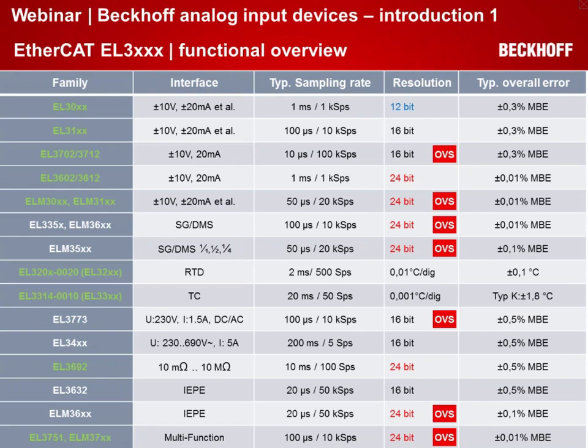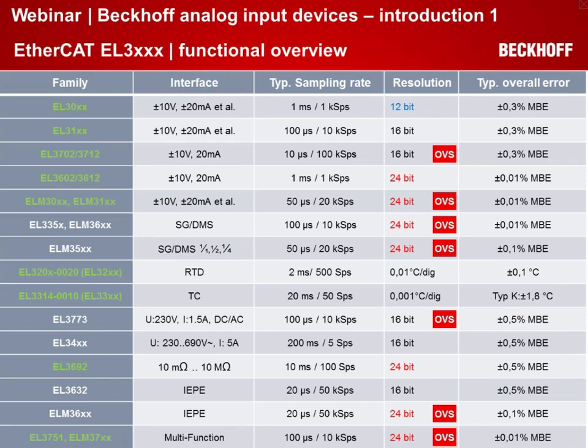Let's come to the next family here, EL3xxx for strain gauge. In the new ELM series we also have full, quarter and half bridge supported, up to 20,000 samples per second in 24-bit resolution. You see here on the red flags which of these terminals support oversampling. As I explained before, we think that this is a really important feature to have a very high amount of analog data. Big data can be one sentence here,